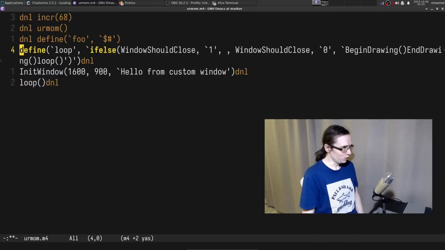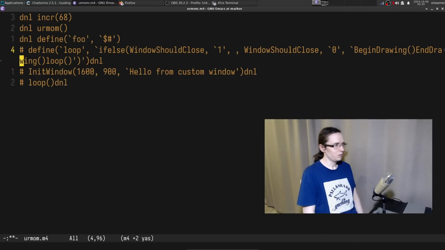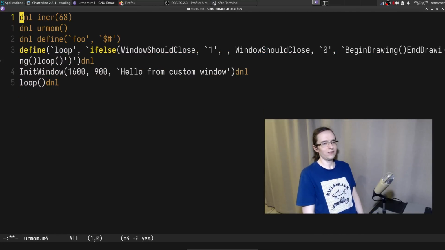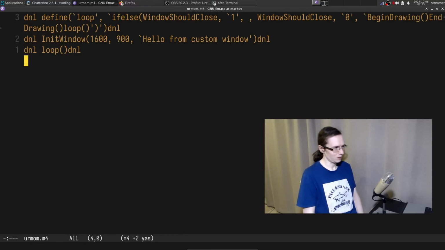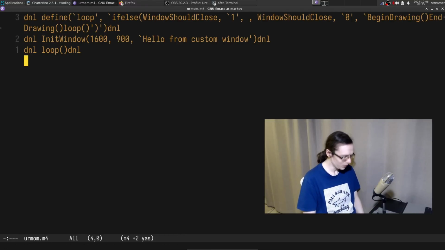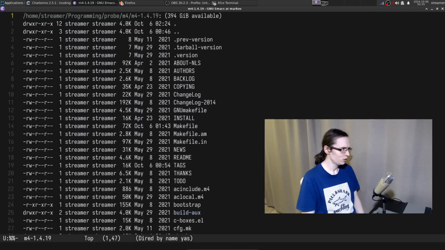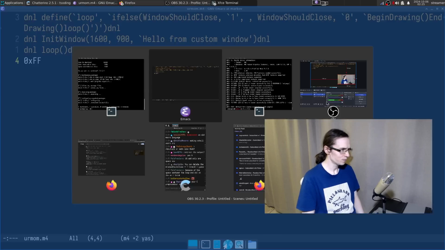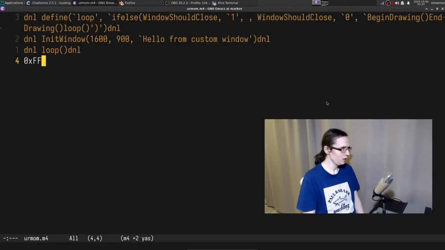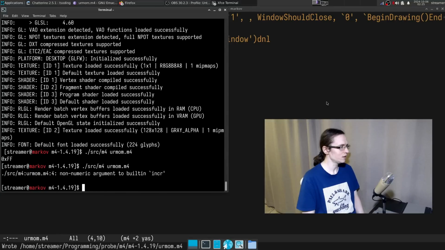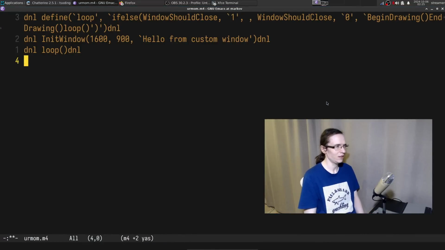What I want to do is, do we have hexadecimal literals? That's the real question I have. Do we have hexadecimal literals in DNL? We can try to do something like xff. Okay, there's nothing in here, but if I increment this thing, yeah, it's non-numeric, so you can't have hexadecimals.